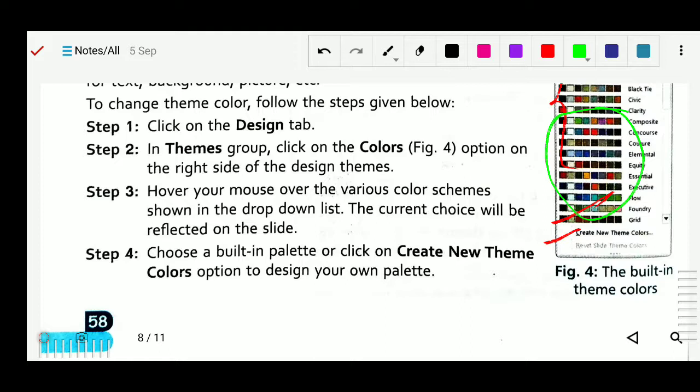So you can make your own color combination with the help of Create New Theme Colors and adjust your colors. These are the colors which are already available. From here you can also choose and use them for your slide.